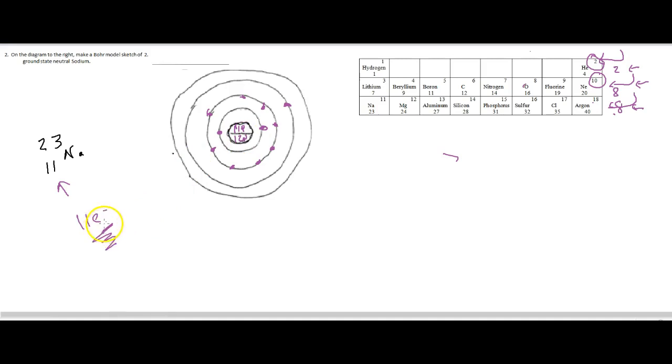But I needed 11. All right, because sodium has 11 protons, it must have 11 electrons. So how many goes in the next shell? I have 1 left over. I put it in the next shell out. All right, that's how you do one of these types of problems. All right, so I'm going to say